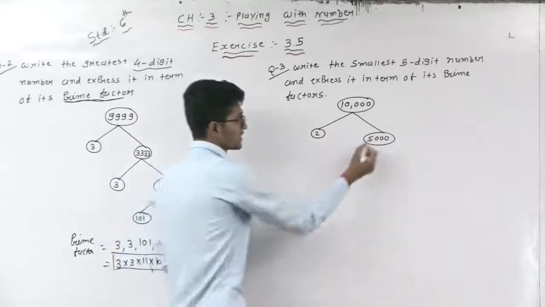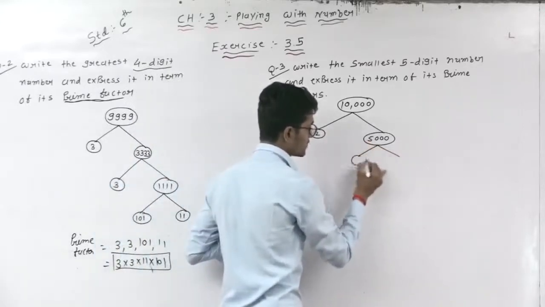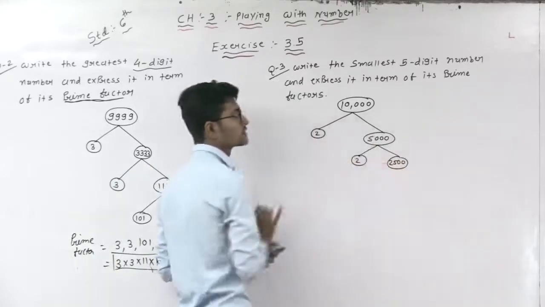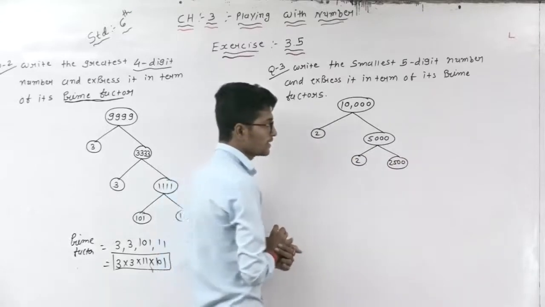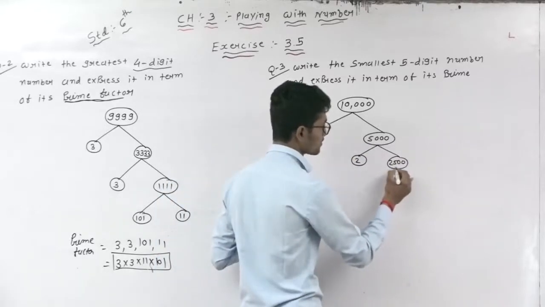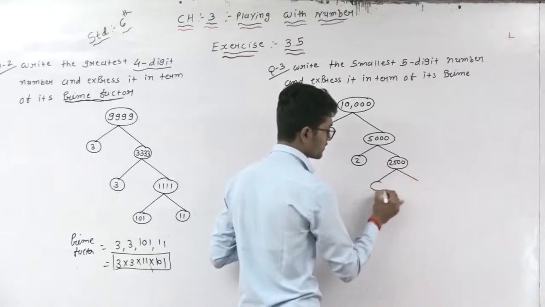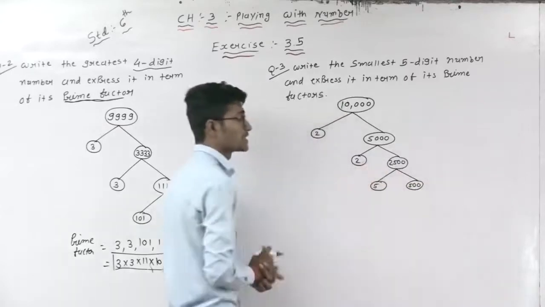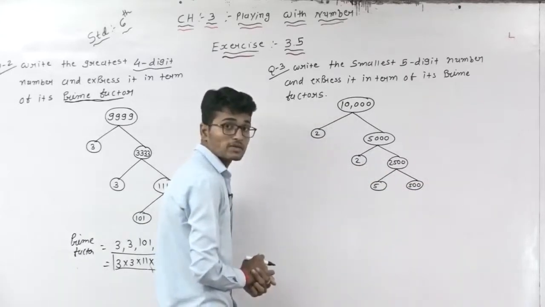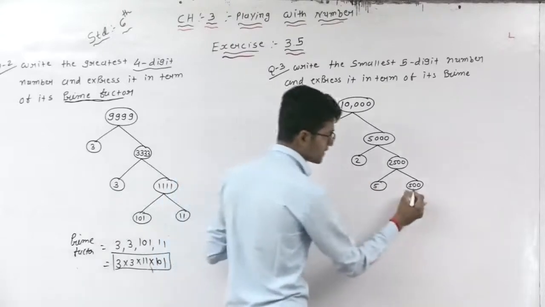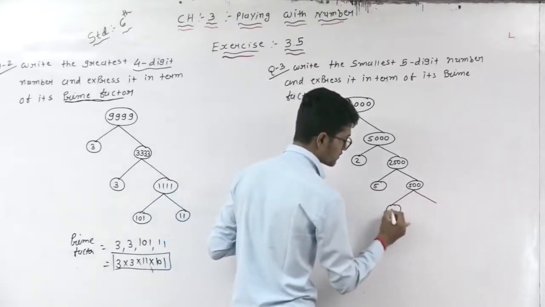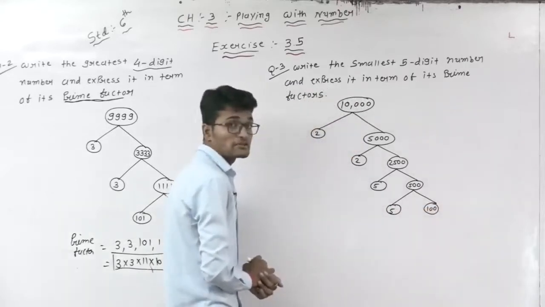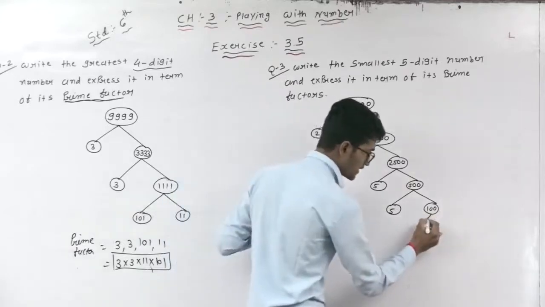2 has no factors, we will find the factors of the other one. So on this side 2, on that side 2,500. 2,500 2s are 5,000. Okay? Then after that, here is the factor. One factor is 5 and the second factor is 500. 5 500s are 2,500. Understand? 5 has no factors, find the factors of the other one. So this one is 5, this one is 100. 100 multiplied by 5 means 500. 5 has no factors but 100 does.